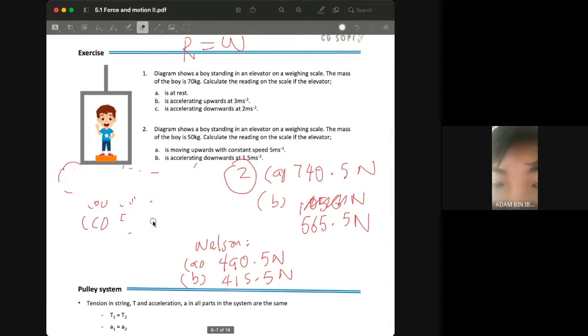So that means R minus W equals F. So to find the reading on the scale, R equals F plus W, which is MA plus MG. Then the mass is 50 kg. The acceleration is